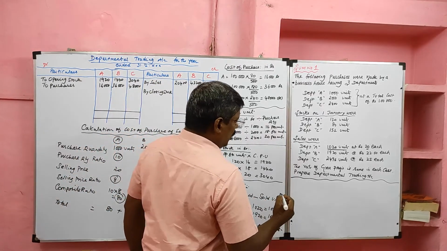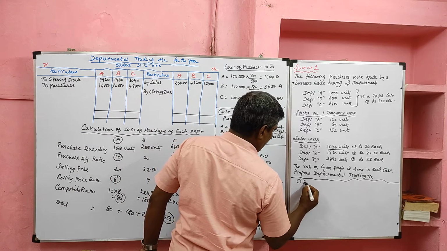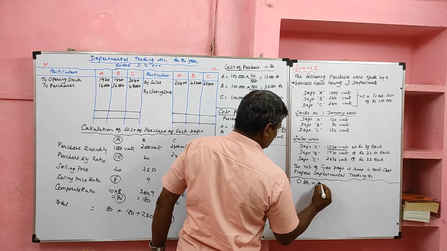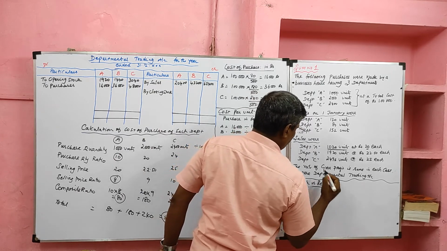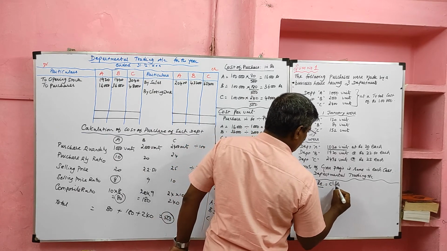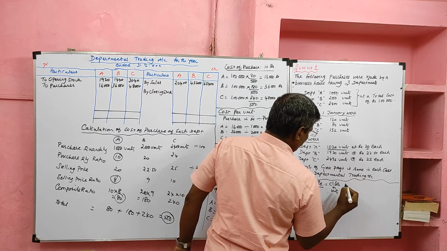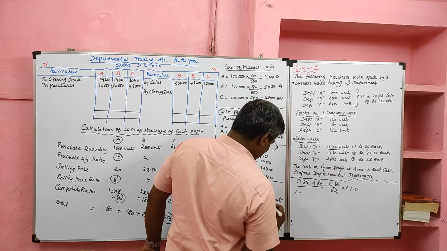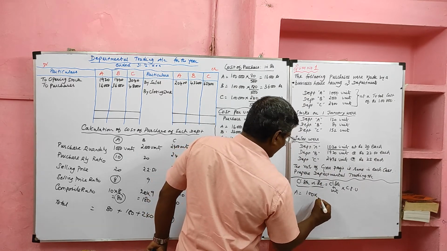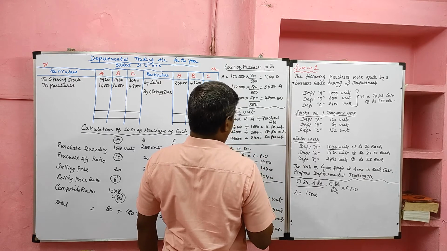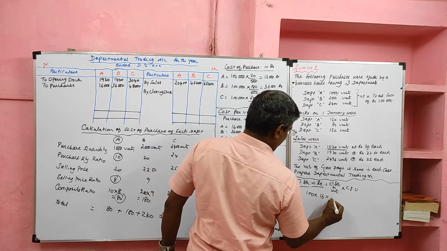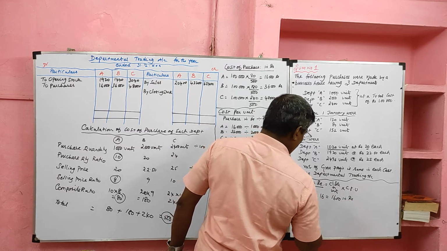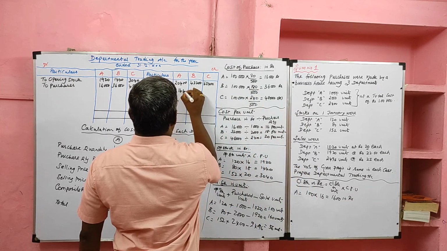Now we have to ascertain closing stock in rupees, because in final accounts we have to use closing stock in rupees. What is the formula? Closing stock in units multiplied by cost per unit. For department A, closing stock we ascertained 100 units. Each cost per unit how much? For department A concern 16. So closing stock in rupees for department A, rupees 1600.